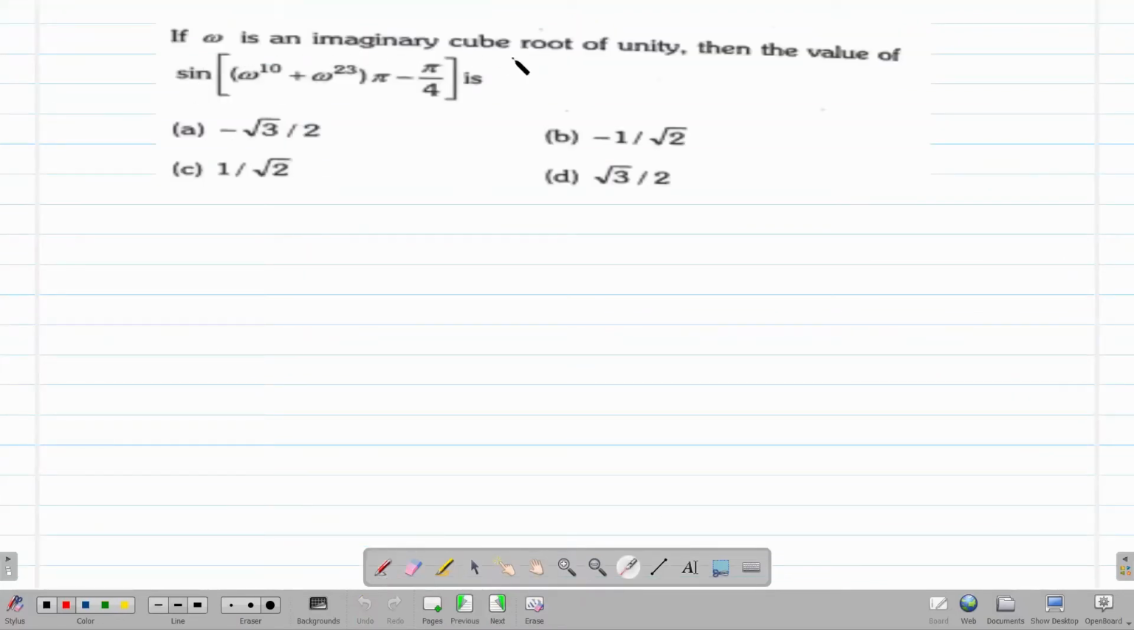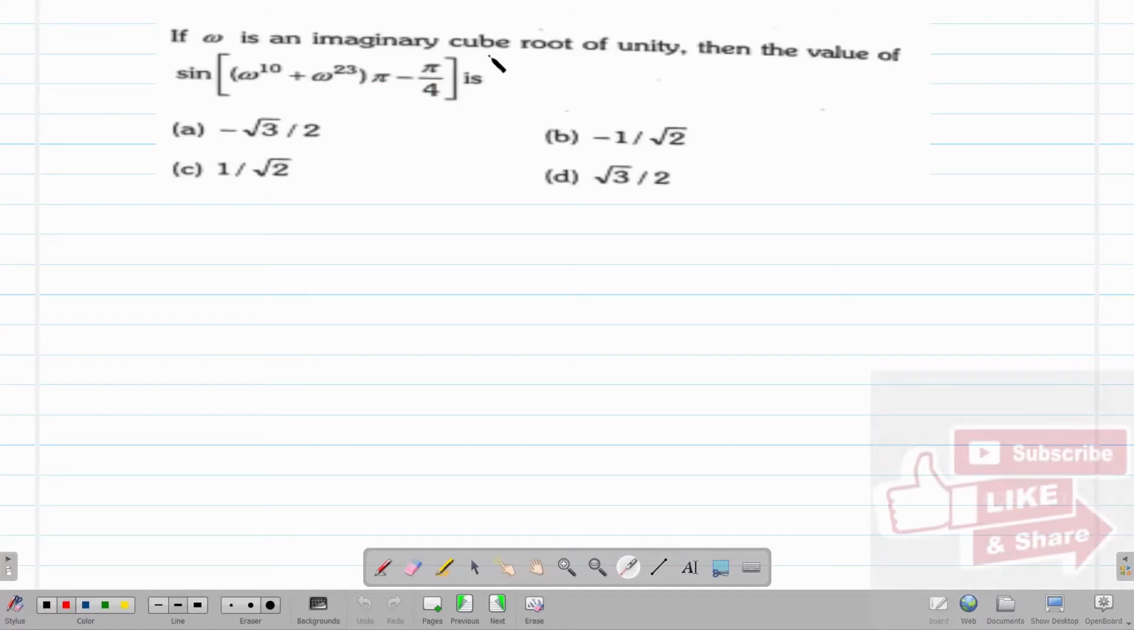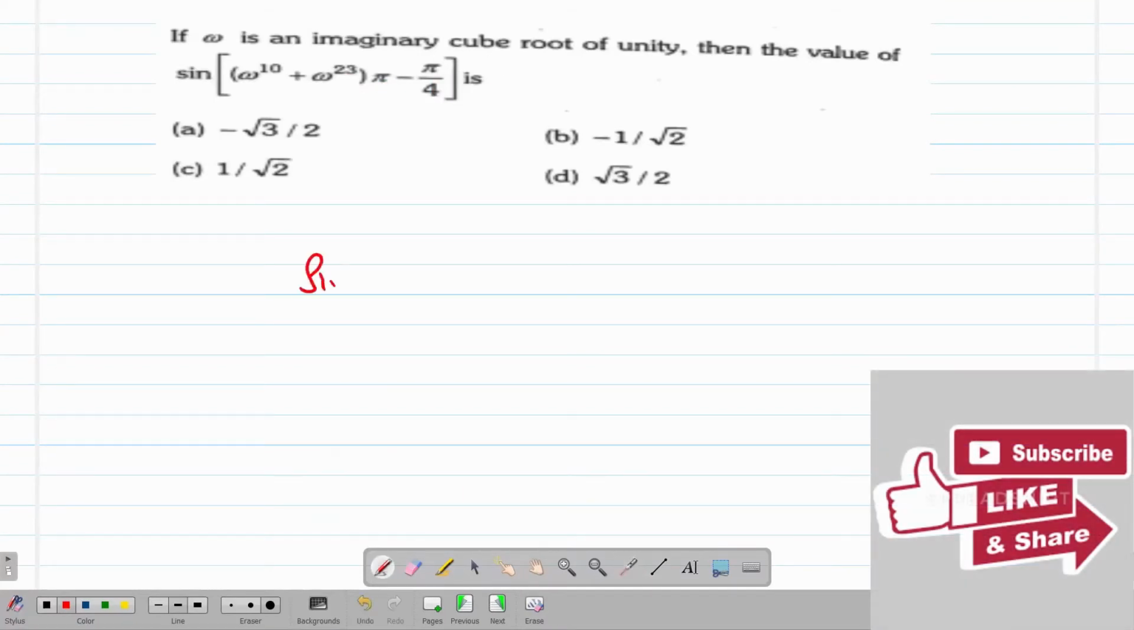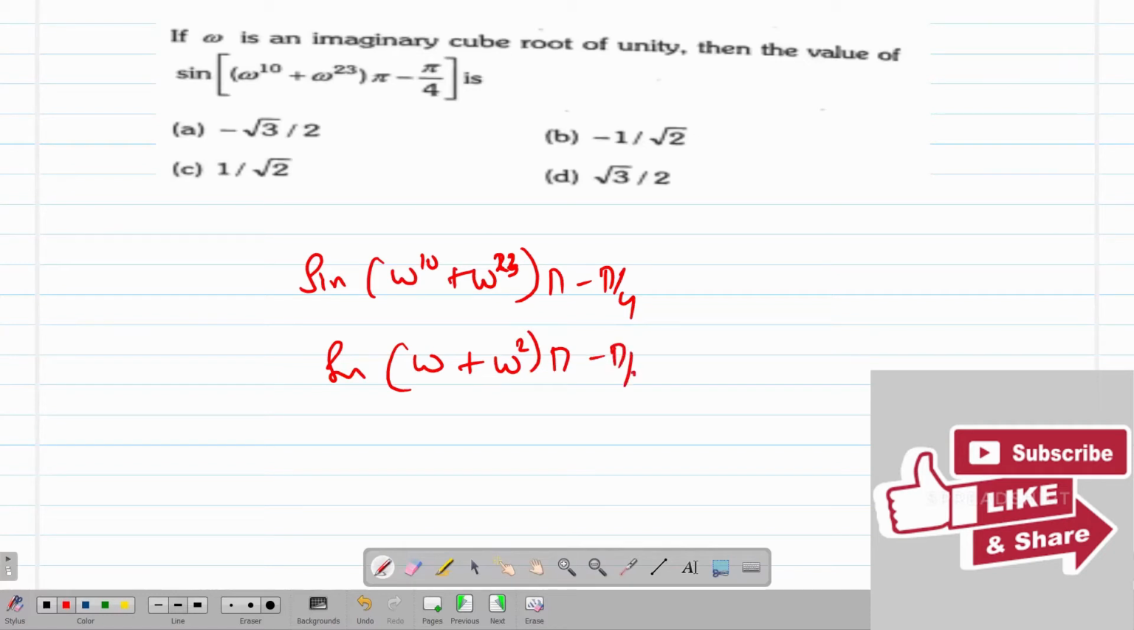If omega is an imaginary cube root of unity, then the value of sine of omega to the power 10 plus omega to the power 23 into pi minus pi by 4 is. Omega to the power 10, if I divide 10 by 3, my remainder is 1, so omega. If I divide 23 by 3, my remainder is 2, so omega square. And using the property that omega plus omega square is minus 1, this comes out to be sine of minus